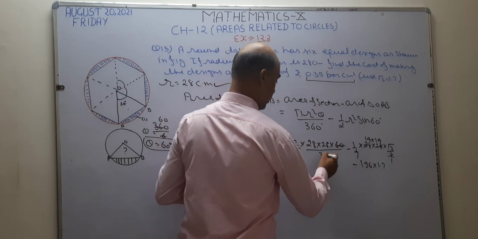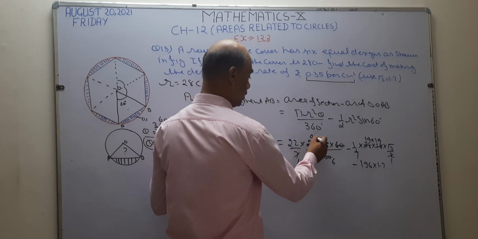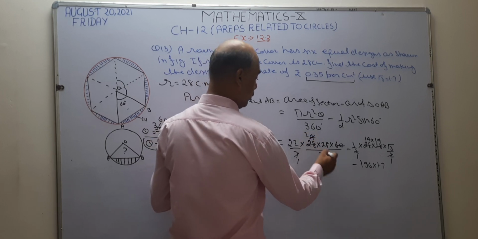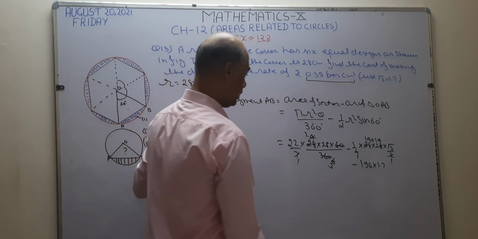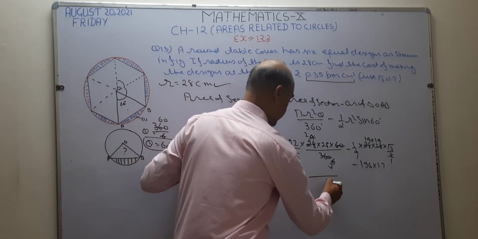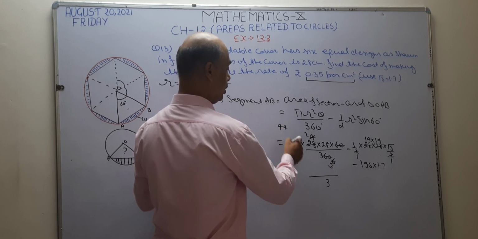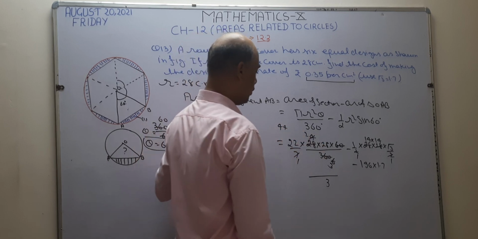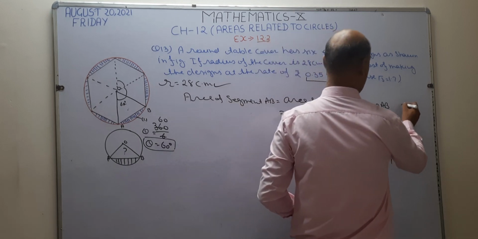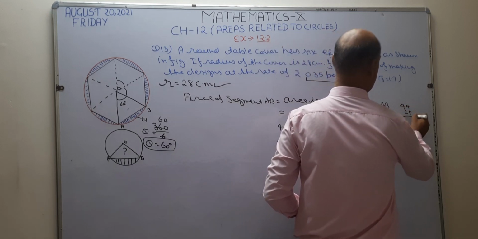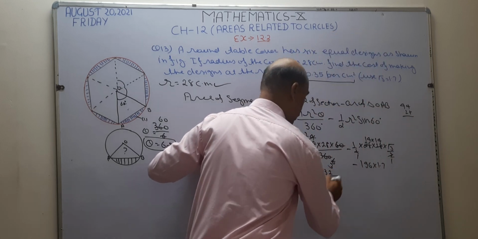Now this is going to cancel with 6. 6 sixes are 36. Now 7 is the 7, 7 4s are 28. Now 2 2s are 4, 2 3s are 6. Now it's going to cancel. Now I want to write here 3. Now this becomes 2 2s are 4, 44 into 28. When you multiply 44 into 28, this gives the value 1232. Okay, I write here 1232.